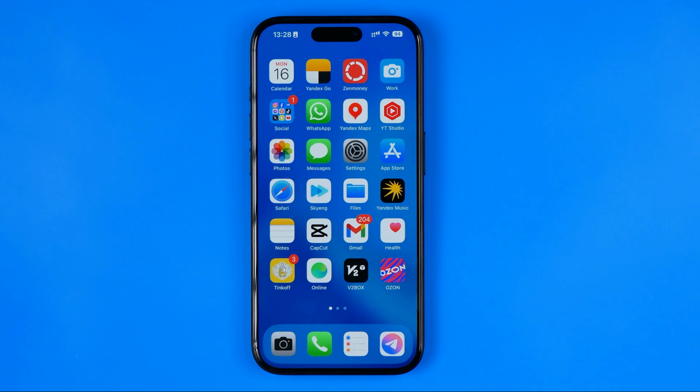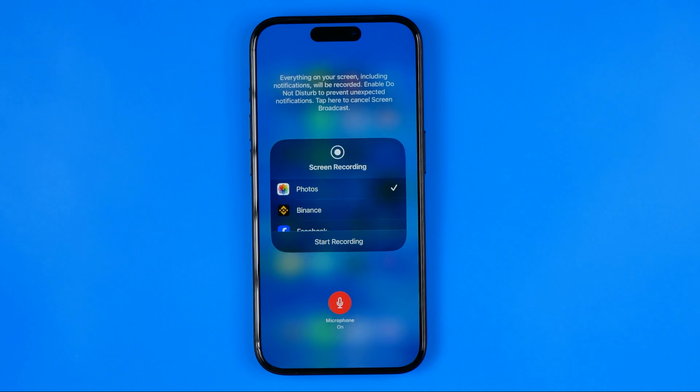And that's why before recording a video, first off we need to activate our microphone, and to do that all we have to do is just long press at this shortcut, and down below here we'll find this microphone button. Now it says that microphone is off. However, we can easily activate it by tapping right here, and after that we can start recording the screen by